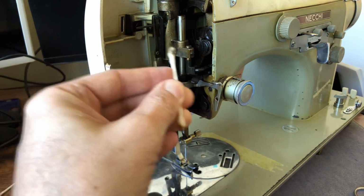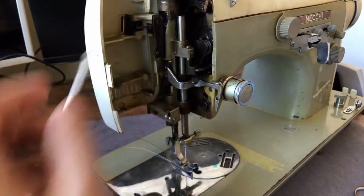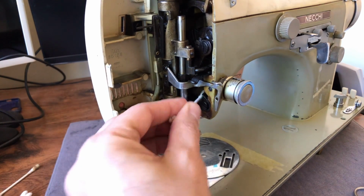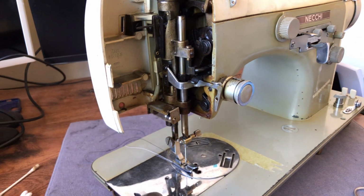So again, parts that don't move against metal are aesthetic. So what are we going to do? The first thing we want to make sure is, is there any dust in here, right? I don't actually see much of any dust. Sometimes you'll get a lot of dust that builds up in here. It really depends on the type of fabrics someone was sewing with. If you're not sure,